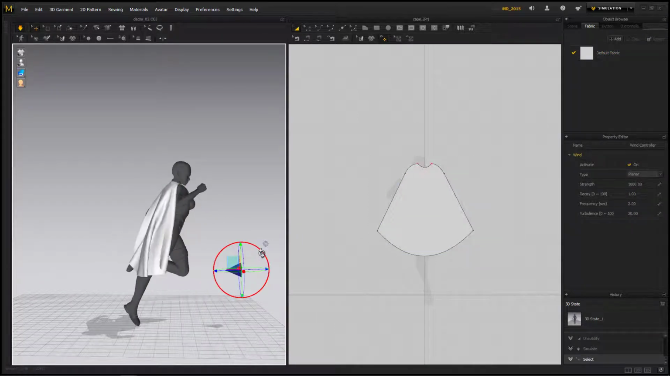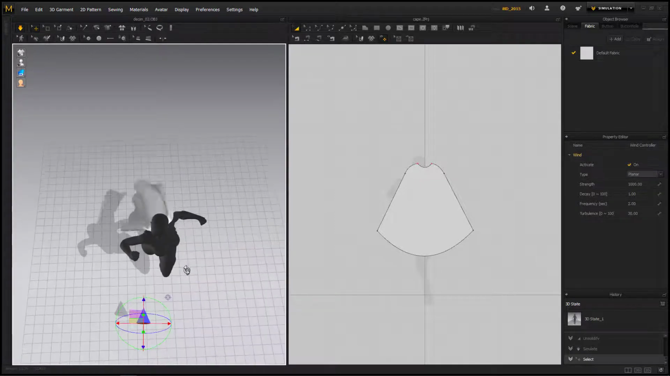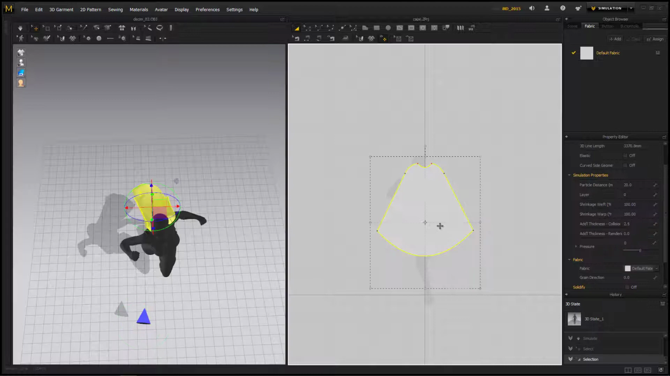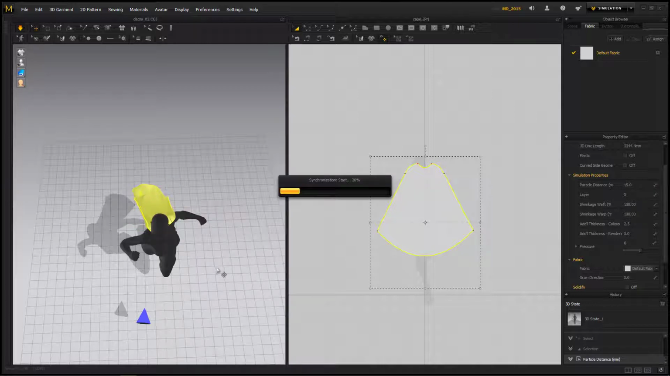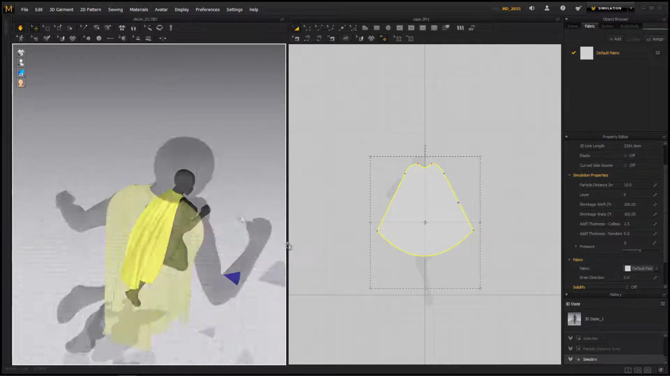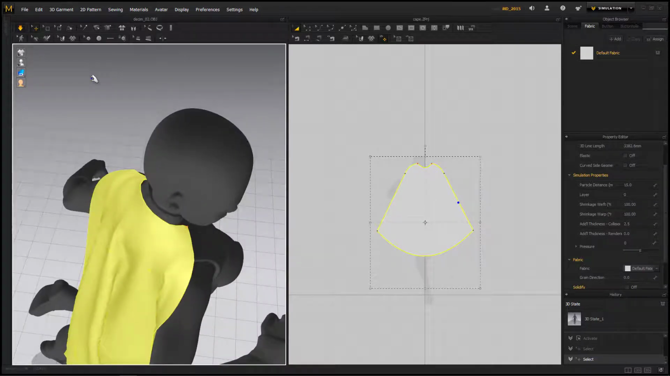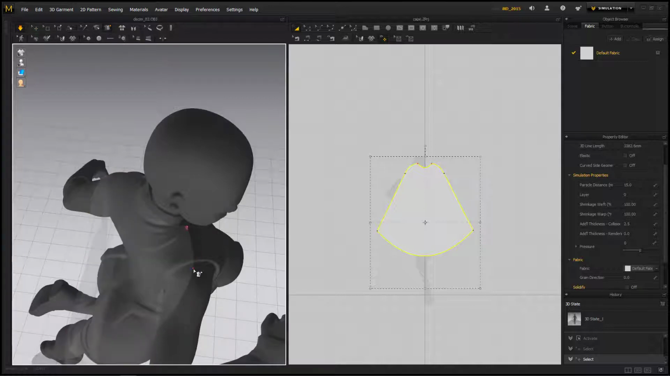Let's see, let me try to adjust the wind direction a little bit and see what I can do to improve. First of all, I want a little bit more detail, so I'm gonna switch to 15. Remember, the smaller the particle distance, the more detailed the cape will be. And then, like I did last time, I'm gonna click on Track on Avatar, and I'm gonna pin this 2.1